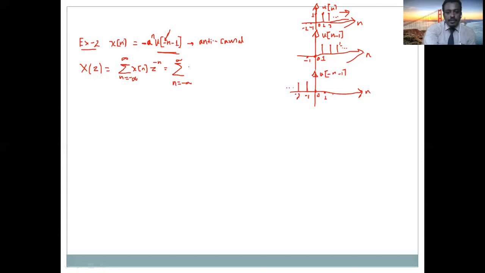What's x of n? Given minus a to the power of n, u of minus n minus 1 times z to the power of minus n, from our definition. Okay, so let me divide this summation and start from minus infinity up to minus 1